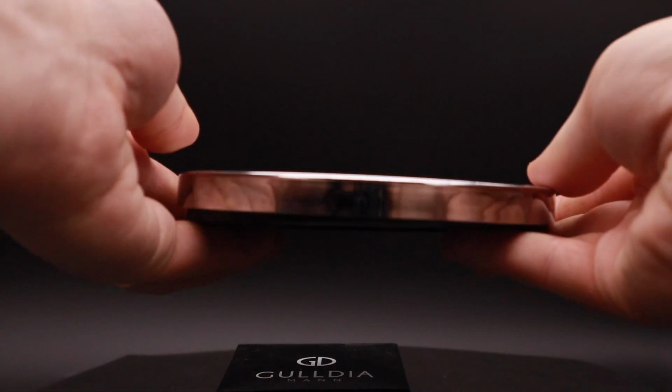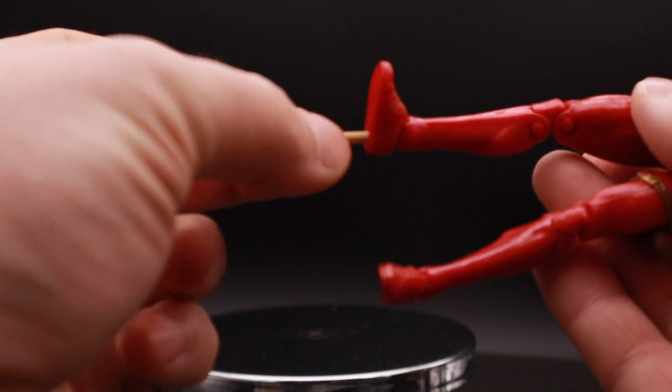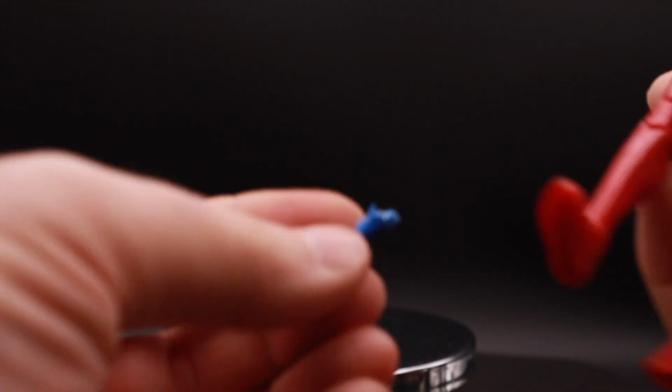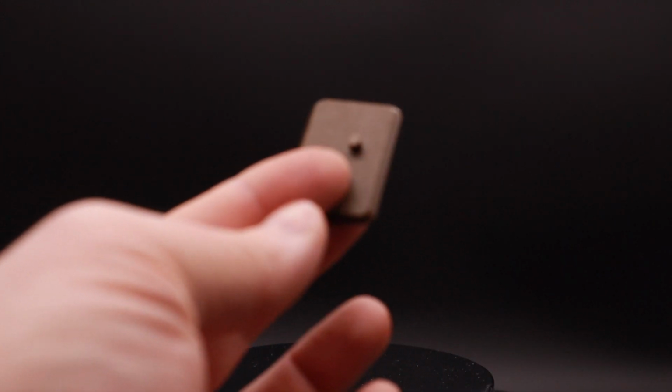So I had to switch the mirror into this new stand that has a hole in it. I experimented with, I think, a piece of a wooden match. It was a little bit too small, so I thickened it with tape. Normally it works perfectly with my dioramas. This time it didn't, so I simply went back. I used an old G.I. Joe stand. So today we're gonna use this clean mirror